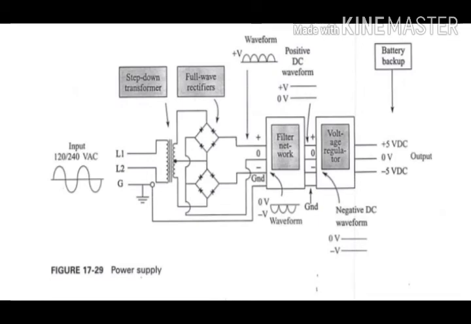The power supply may also contain a backup. If any power fails, there is a battery backup, as we already learned. Memory requires backup, and your processor also requires backup to store the data. So if any power fails, the battery backup gives continuous power supply to the processing unit and retains the data if the AC power fails. So this is about the PLC power supply, block diagram and function of each block.